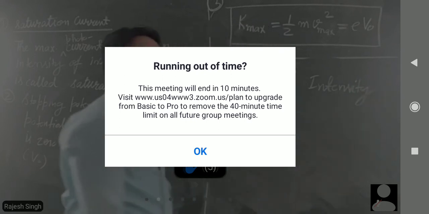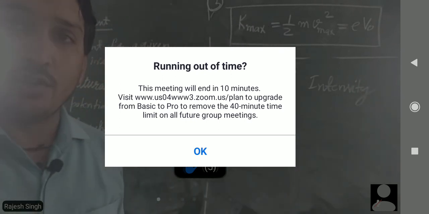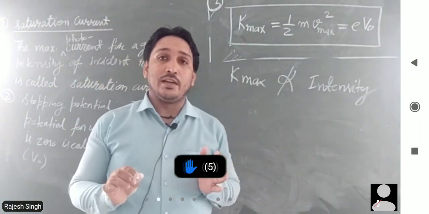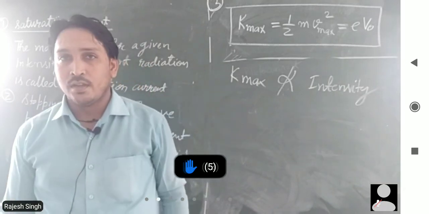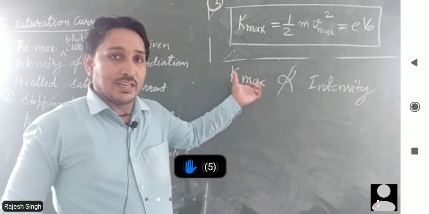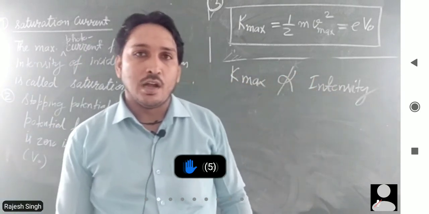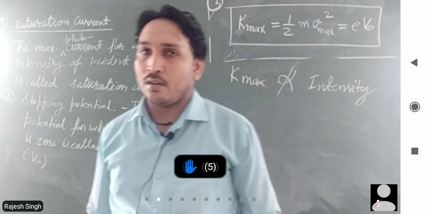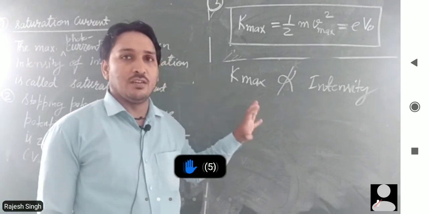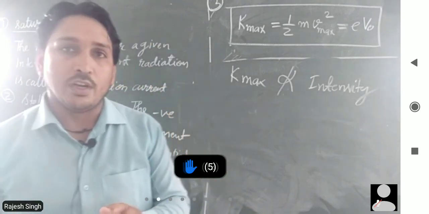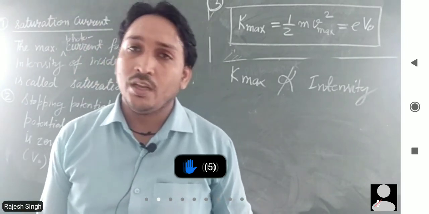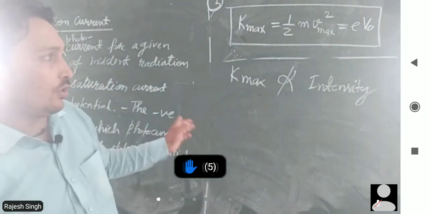which is an eye opener for us. Earlier we used to say that intensity means energy, and here we see that the kinetic energy of the electrons is actually independent of intensity of light. How is this happening? This is the reason we cannot explain the photoelectric effect with the help of wave theory, and that's why we need a different theory, the particle theory. But the story is not finished yet.